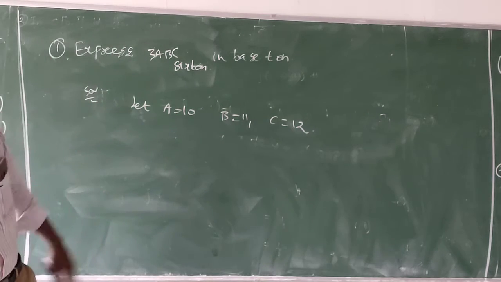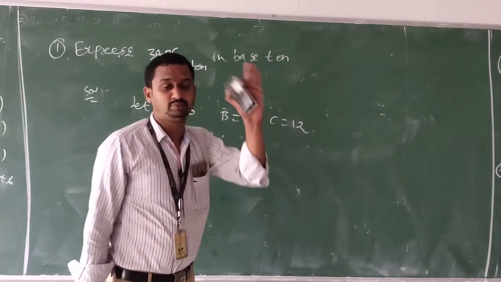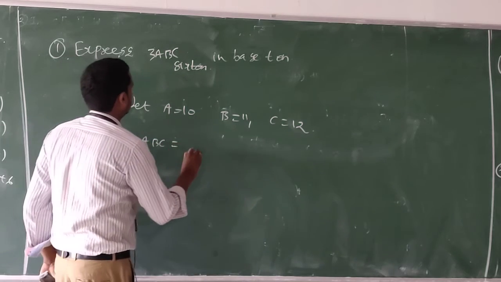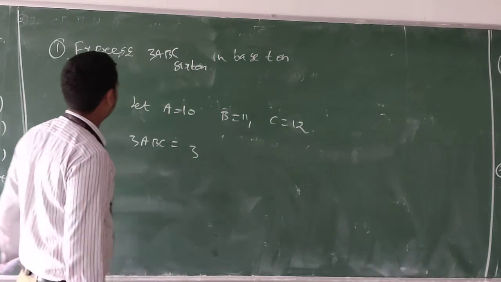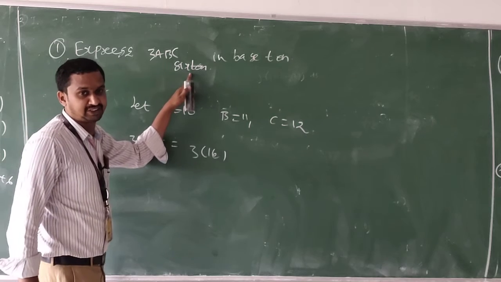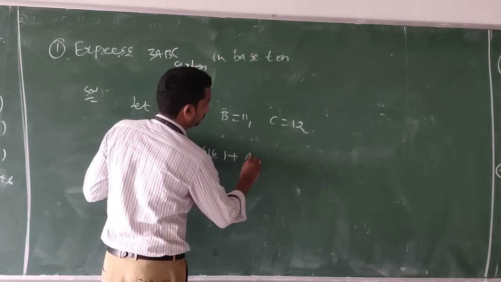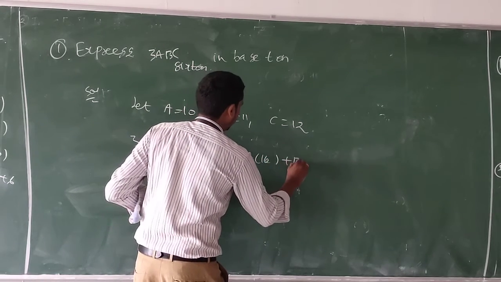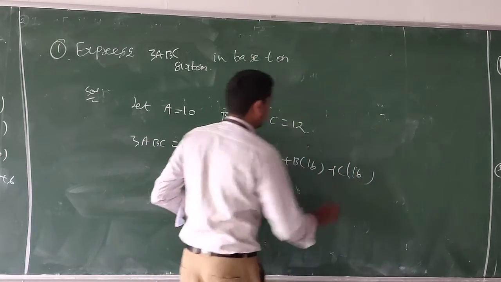Now applying these values in the above problem, converting base 16 to base 10, write it as 3 into 16, A into 16, B into 16, C into 16. Okay, next step,